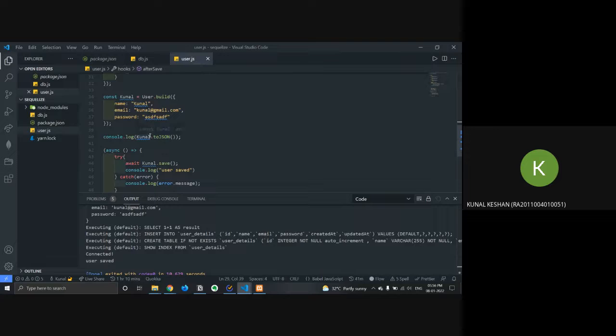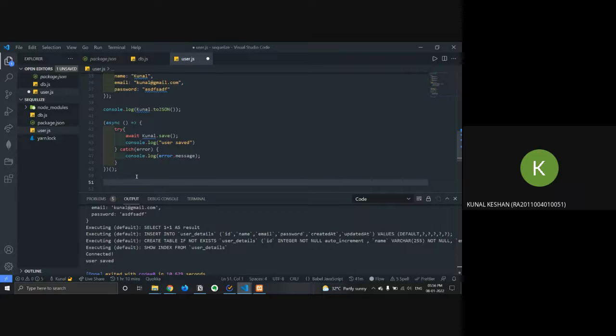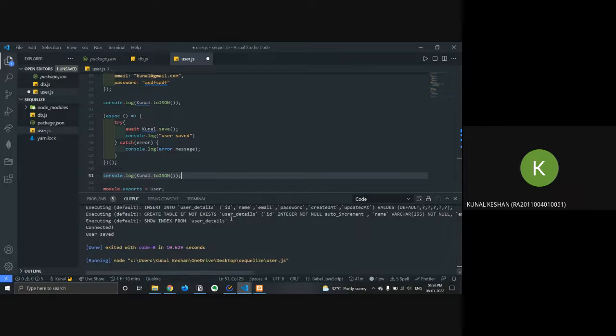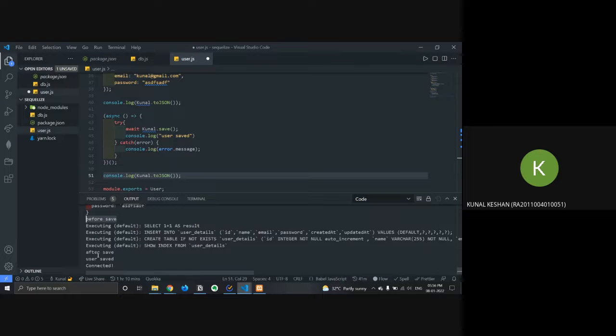And I'll just copy this one as well, so that we can see what the password was before and after saving it. I'll run it. Okay, you can see the password here is this, and then it calls the hook before save, and then user saved, right? After saving, then user saved.